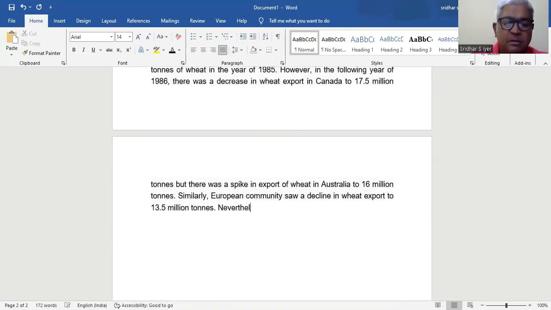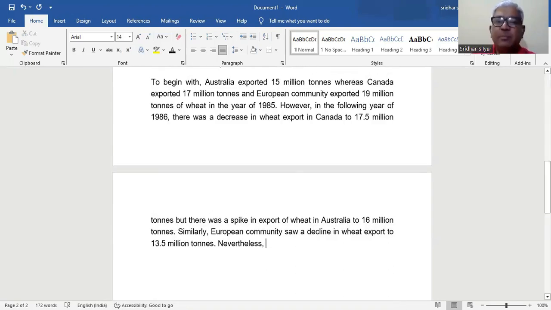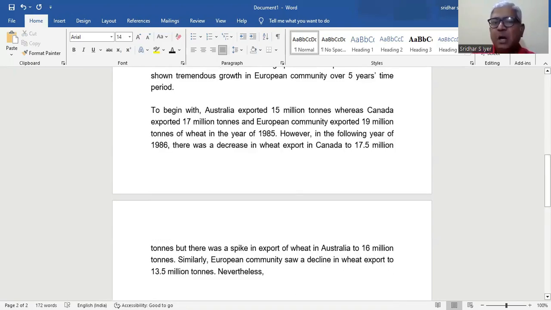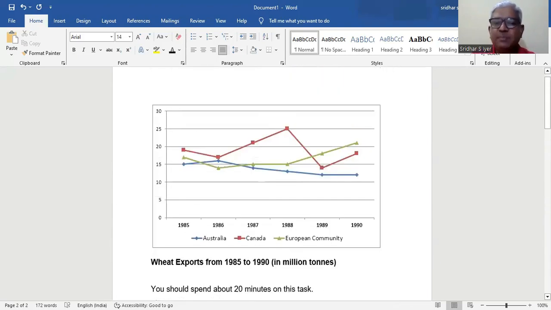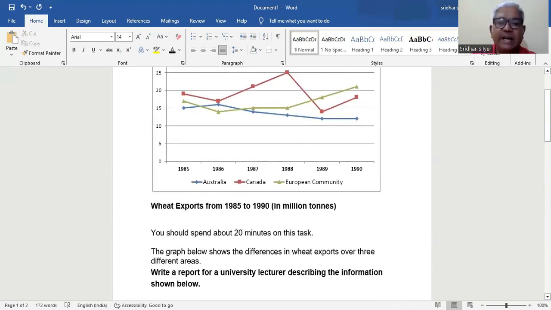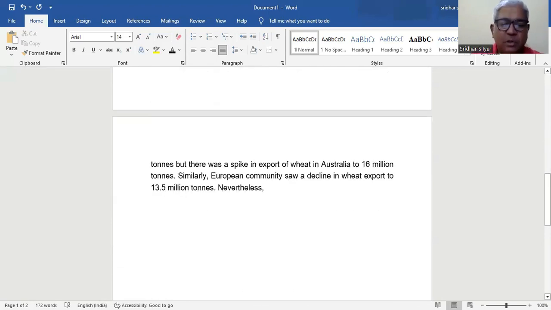Nevertheless, see how I'm using these connectors favorably for my sentence making. So this is how you need to write. Nevertheless means in the year of 1988,